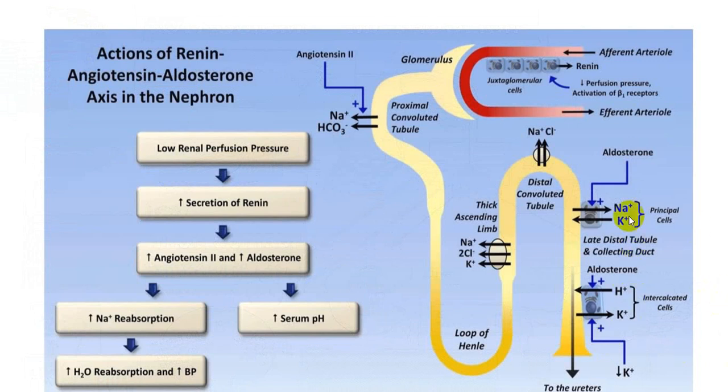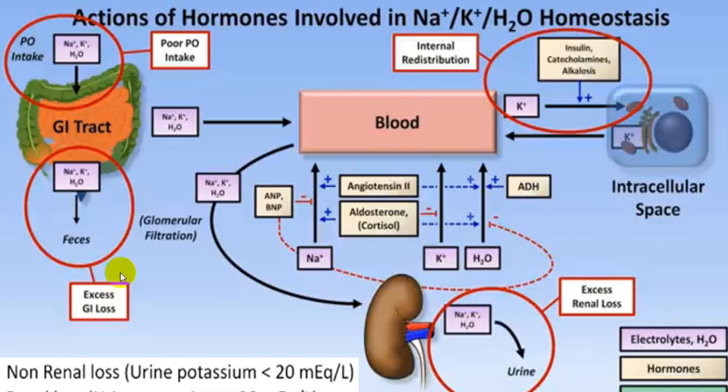At the level of the distal convoluted tubule and collecting system, aldosterone is one where you will be losing potassium in exchange for sodium, and in the convoluted tubule H ions will be exchanged for potassium. So if a person has alkalosis, potassium is lost for preservation of H ions. This is the mechanism which plays a role in loss of potassium. GI tract loss can be there if any person develops diarrhea.